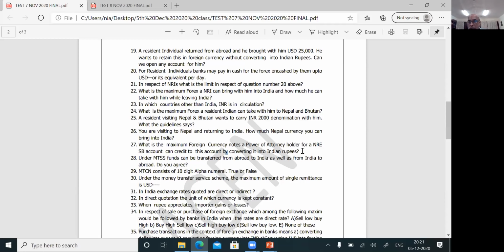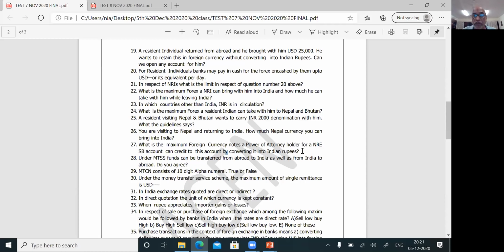Suppose I am going abroad, my son is abroad, let us assume. From there, while coming, my son gives me some money and he says, "Father, you go and credit in my NRE account after converting these foreign currency notes, foreign traveler checks, FDD, etc. Please credit to my account." So while entering at the airport, I am getting a currency declaration form. I am coming to your branch where my son's account is there. I am the power of attorney holder for him, let us assume. So I am coming and filling the challan, I am giving it to you. So in an